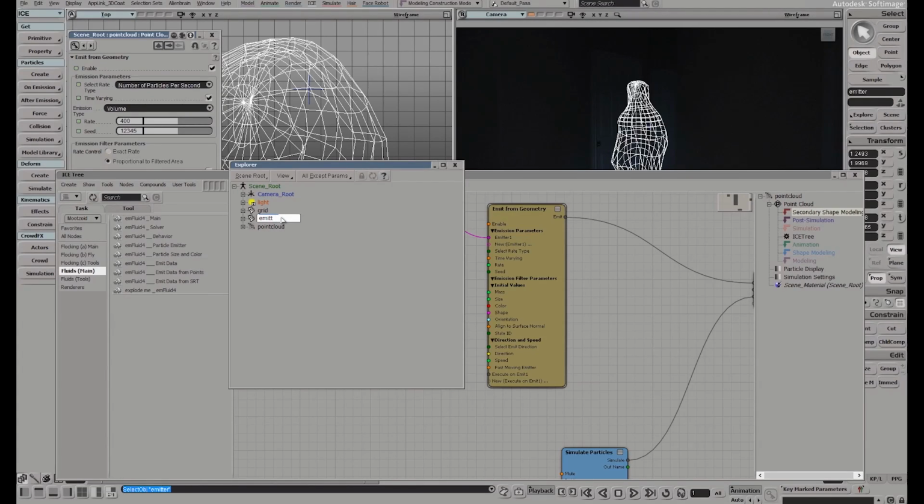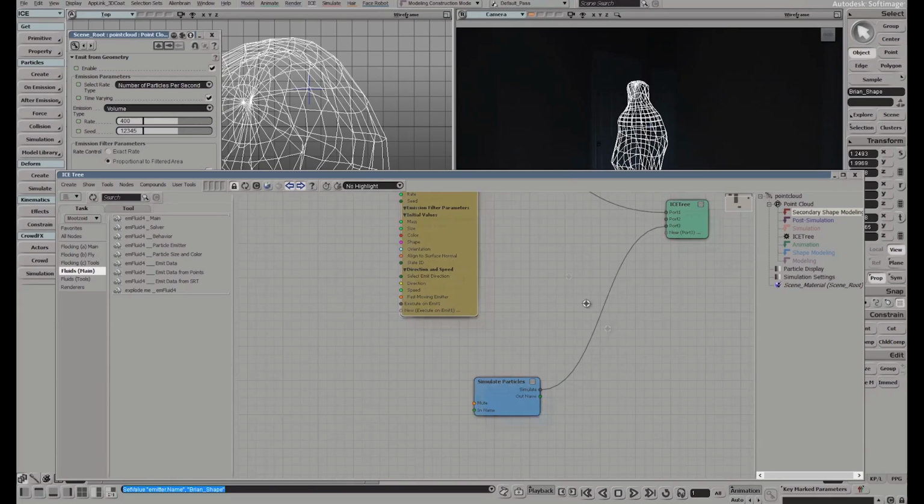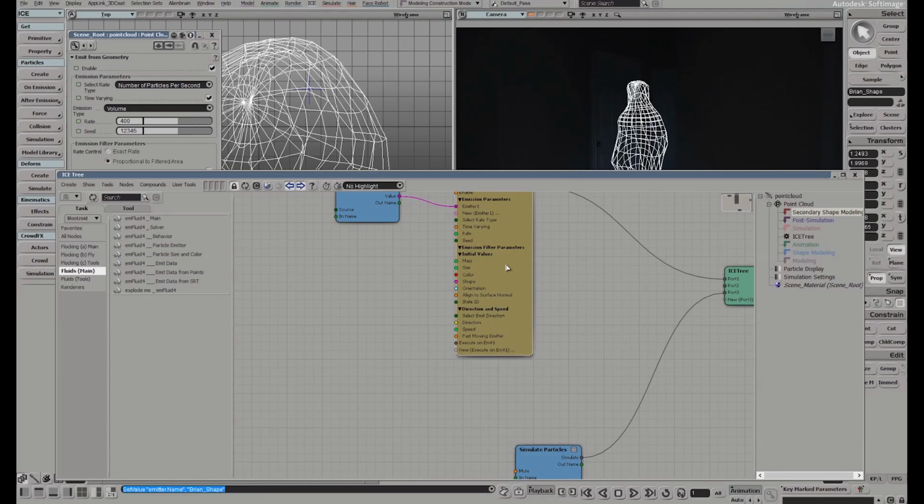Let's call it Brian shape, just so you can be clear. So there's Brian shape. It gets the Brian shape and it emits particles from it. And this is the simulator. Now, we need to